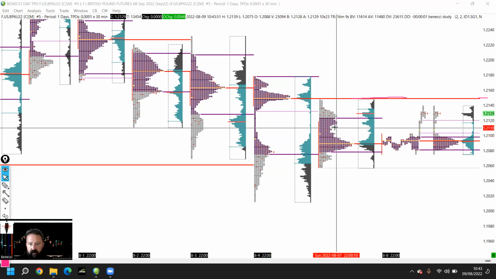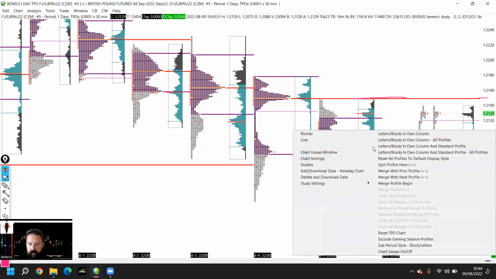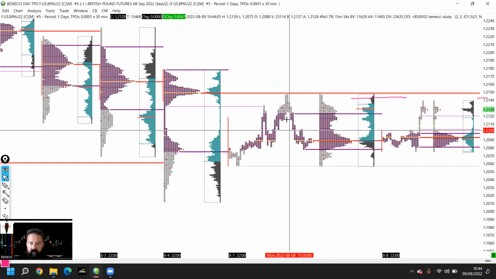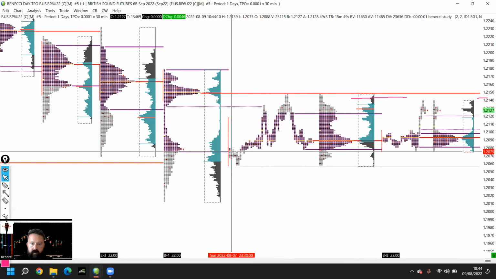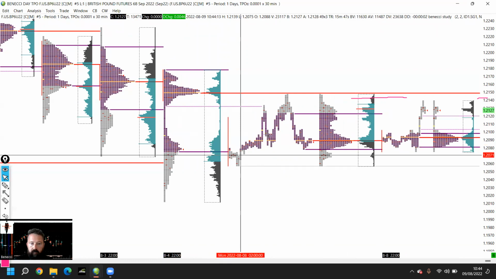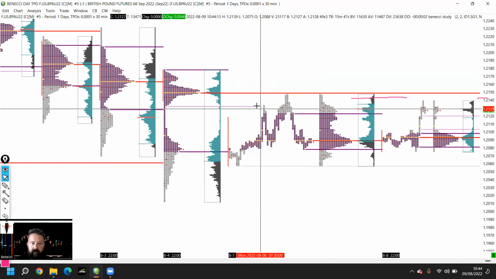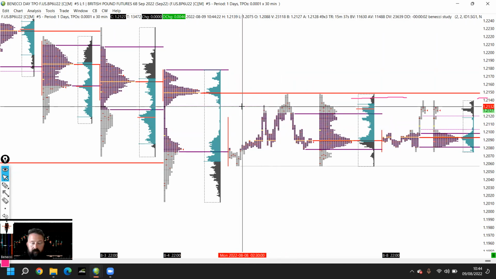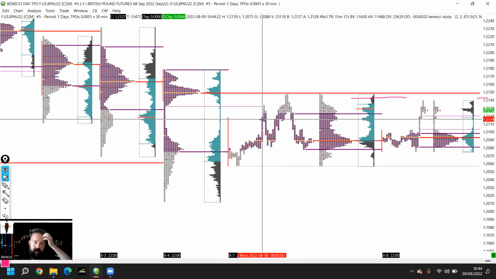I mean, if I open this out, this is a great example. So this profile now is opened out. So this is all what happened within this profile. You can see we opened here, which I'll get to this line in a minute. We auctioned up to this line. I'll talk about that in a minute. Rejected. Straight away, you're probably looking at these lines thinking, well, that doesn't look too hard. Things are happening around these lines. But anyway, this point of control,